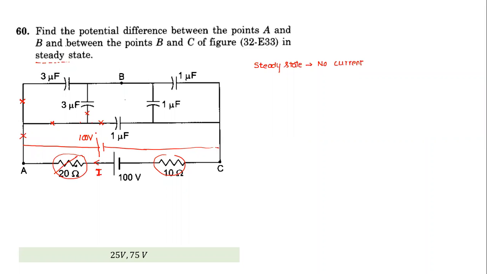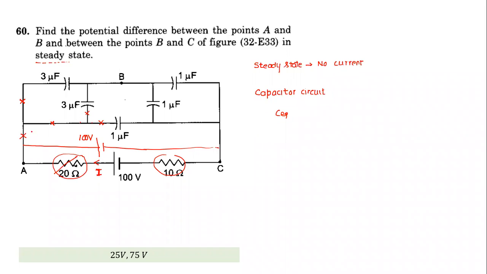So this becomes entirely a capacitance circuit. Are there any resistors now? No. It becomes a capacitor circuit, and we need to know how to solve a capacitor circuit. If we know the previous chapter, we find the equivalent capacitance, then find the charge flow, and then go for the distribution. How do we find the equivalent one? Do we find anything in parallel or in series? Yes, sir.